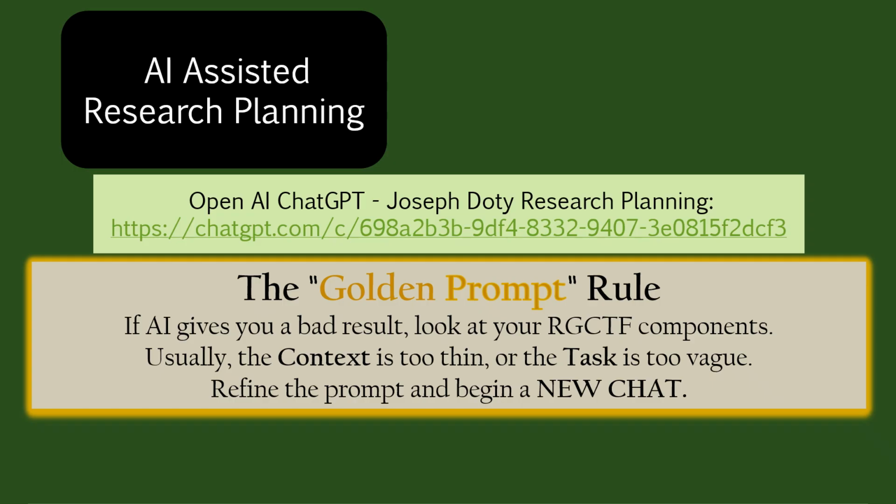Refine the prompt and begin a new chat because I thought, oh, I'll just tell it, oops, here's the task. And I did. I layered the prompt, I put in the task, and I put in the format. It was too late. It was still trying to build on all that proof it had given me before. It couldn't say, oh, I made a mistake. It will say that if you tell it it's okay to say that.